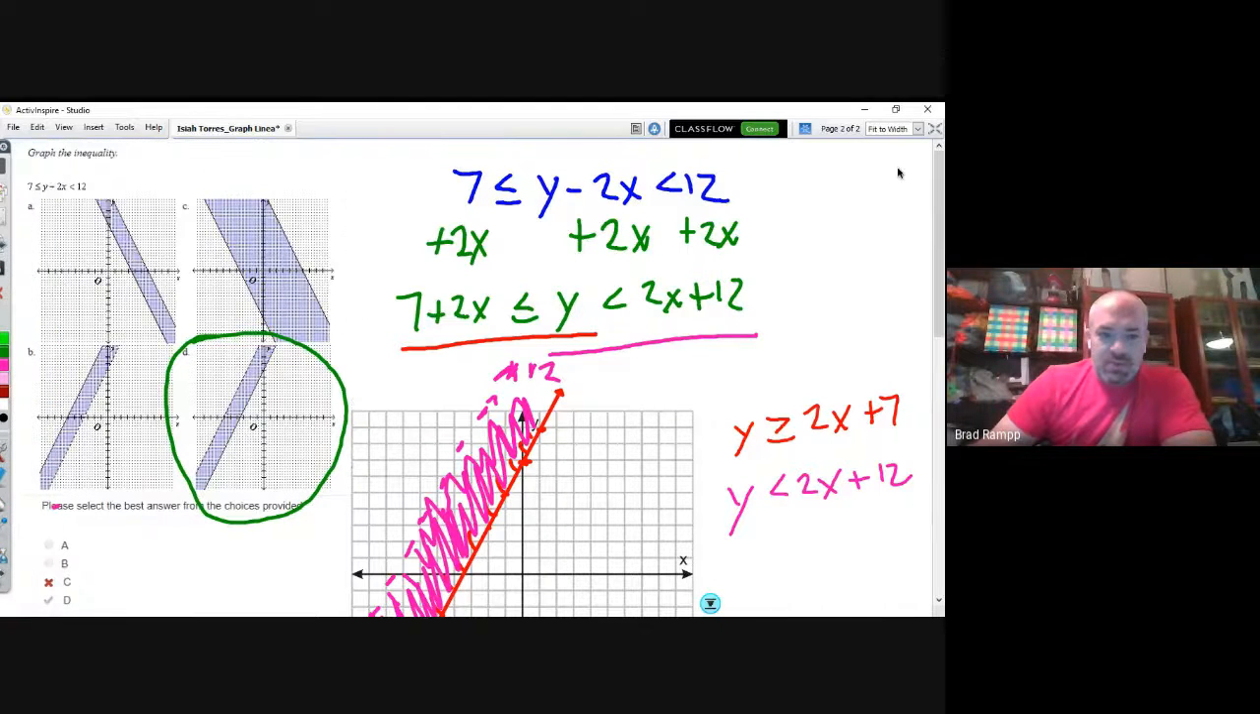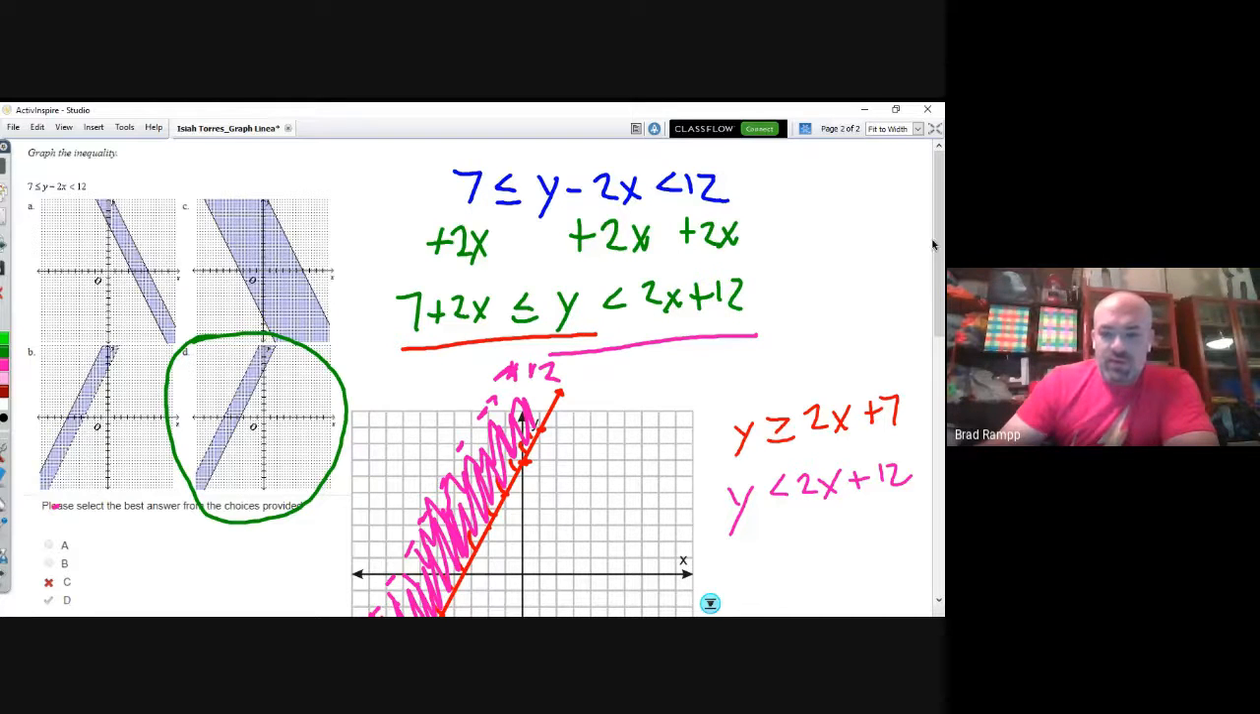All right, so this one they want us to graph the compound inequality 7 less than or equal to y minus 2x less than 12. Well, we want to solve for the y in the center. They're subtracting 2x from it, so you simply add 2x. Now there are 3 different sides to this inequality, not just 2, so you have to add it to all 3 sides. So we get 7 plus 2x is less than or equal to y,